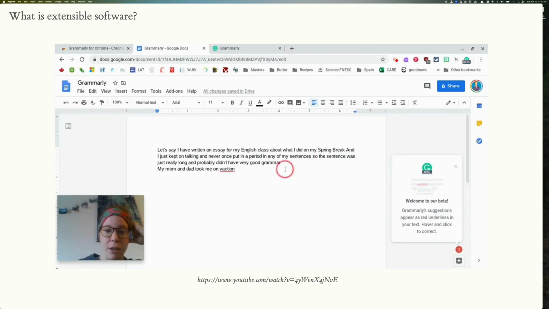Another obvious example that people interact with every day is your browser extensions. This is a Chrome extension called Grammarly, for a service called Grammarly. What's really interesting is that it's running in real time in the browser, but it's also customizing Google Docs. It's really crazy to think about: there's no way that when they created Chrome, they were thinking this grammar service is going to use it to customize Google Docs. There's so much going on here that's really just flexible about the way that Chrome is built.